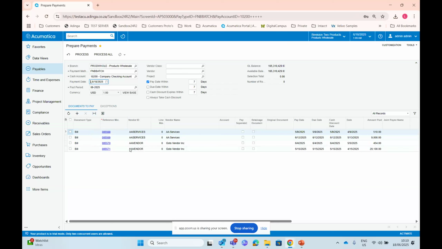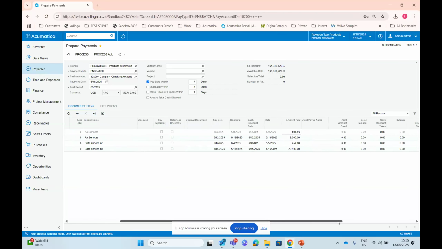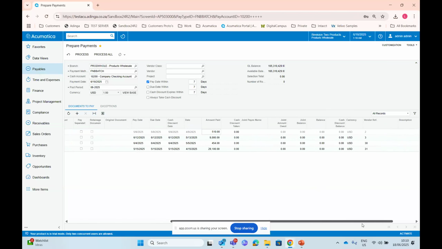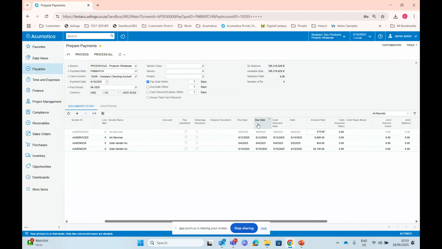So here you've got a couple of options. You can see that's my due date when the payments are due. You can double click on it and override the amount that you want to pay for the invoice, so you don't have to pay this amount. If there were cash discounts on these invoices, the cash discount will show there. And remember, you can drag and drop where you want to see your columns, so I can see my discount amount, should there be any. You can also filter on the column.